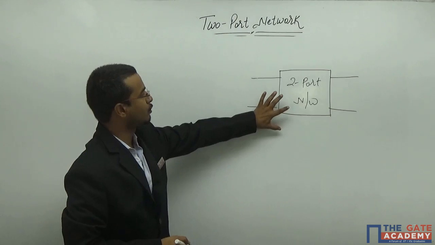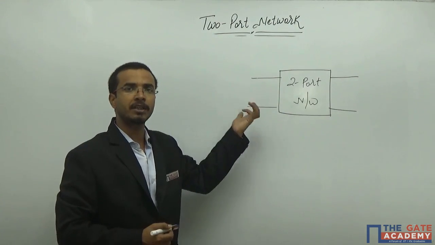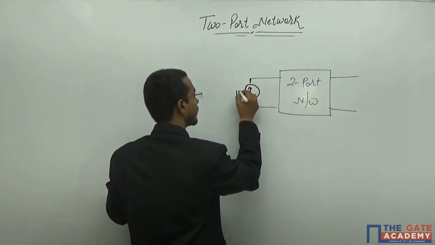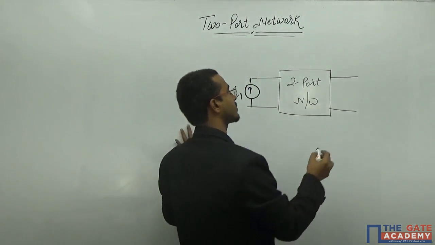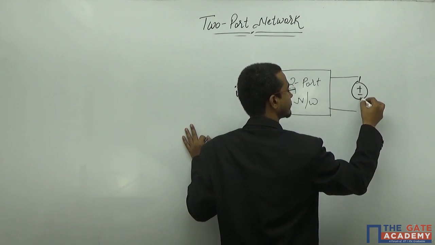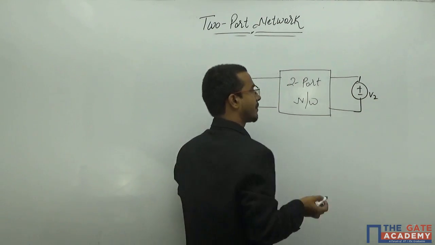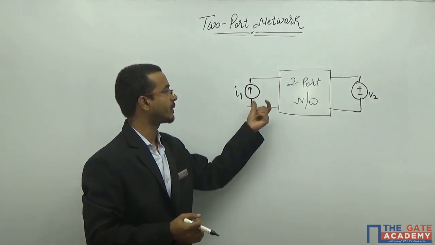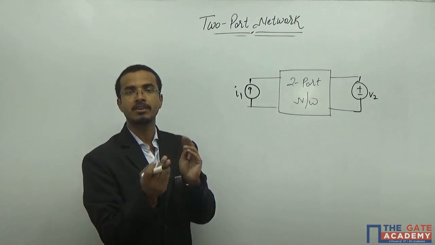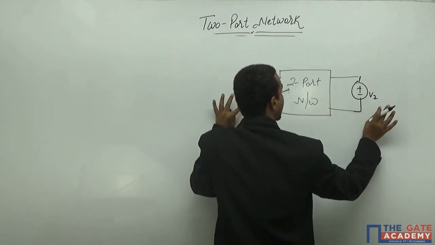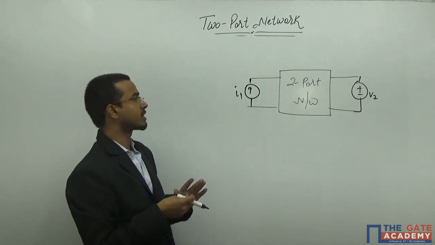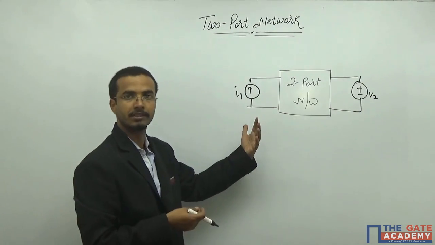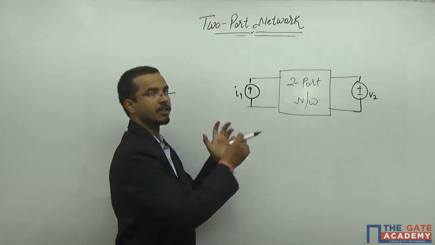Now, this is again my two-port network, but in this particular case, firstly I will apply the current source on this particular side, and I will apply the voltage source on the second side. That means I am not changing my internal architecture. Only my perspective to see this network is changing. I am changing only the outside of the internal architecture. Firstly I will apply the current, then voltage, then current, then voltage, and I will see how my structure changes accordingly.